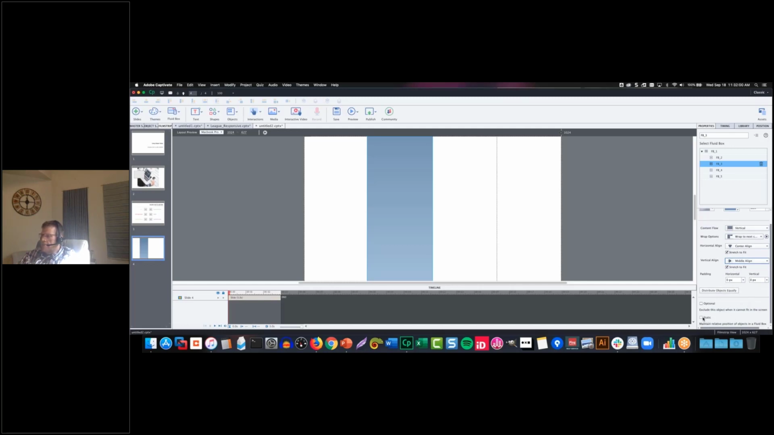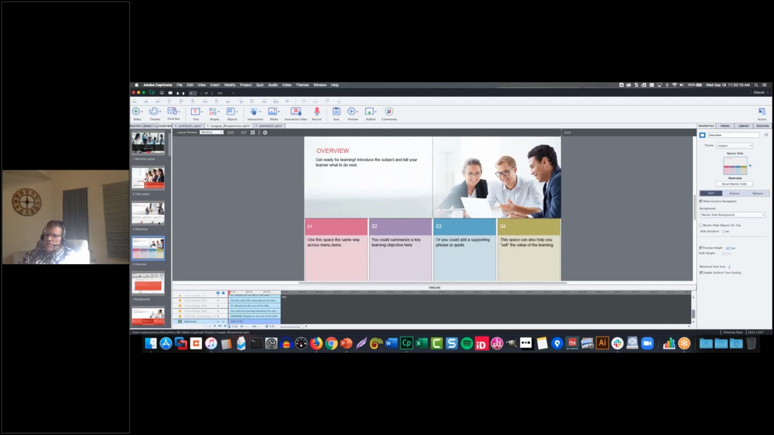The static means that as I put something in there, it's going to stay in basically the same position. The optional choice is, let's go in here, if I had a series of these squares and I wanted to make one of them optional,